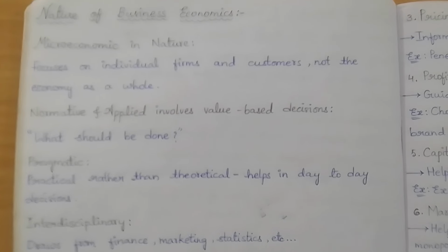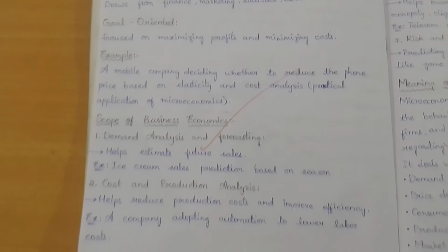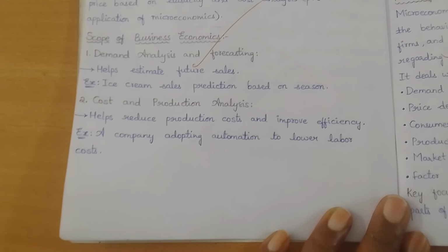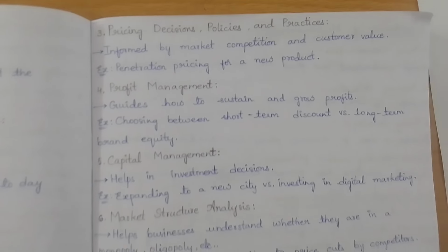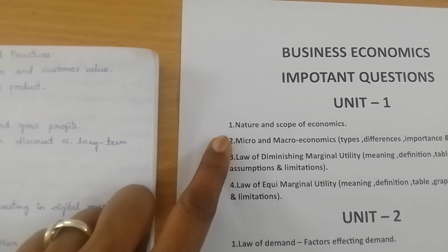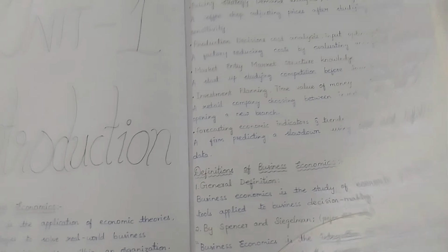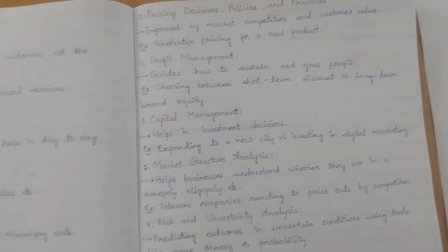And then if you come, the first question is nature and scope of business economics. So nature, there are few listed on nature along with the examples. Then comes your scope of business economics. You will have to write this. Hope you are able to see everything. Now, after this, here we complete our first question, nature and scope of economics. Moving on, you might be looking for materials at the last minute. No, if you write this, it would be very much sufficient and you can score good marks.